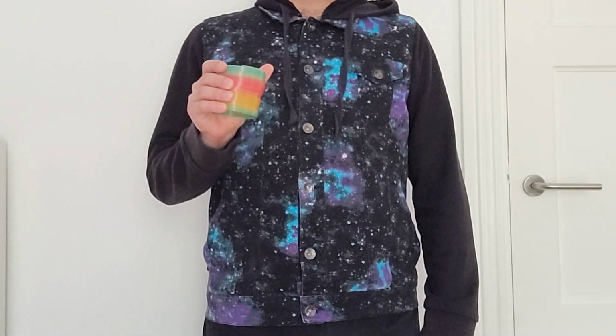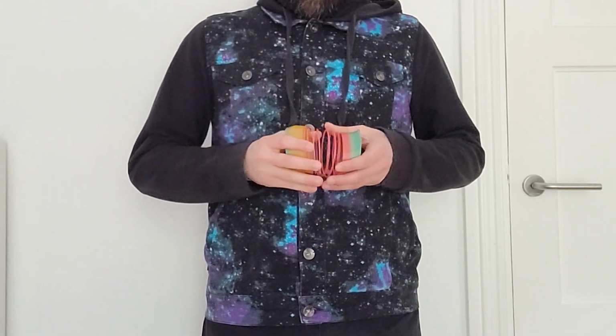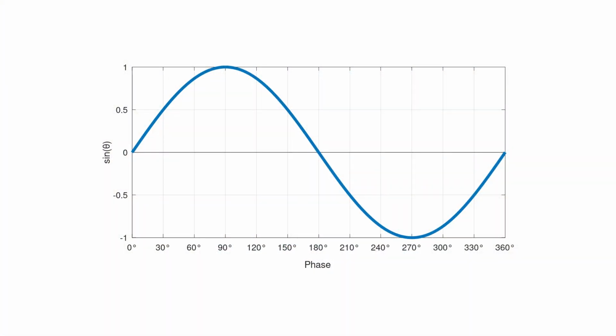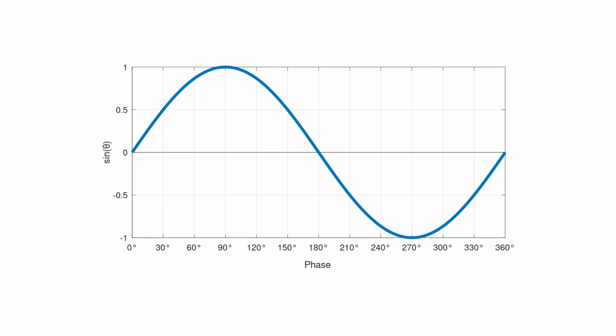All of this may seem very mathematical and abstract, but it can also be observed in real life. Here we have a circle, and if we view it from the side and expand it, we have a sine wave. In a wave, the angle at which it is at a specific moment is called its phase. For example, the only point where the sine function is equal to 1 is when its phase is 90 degrees.